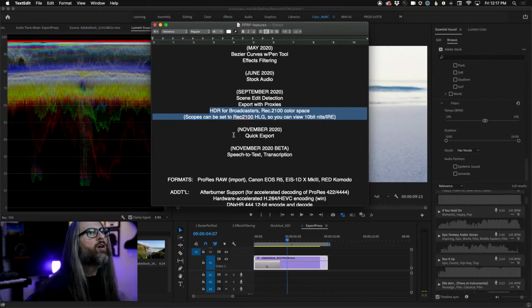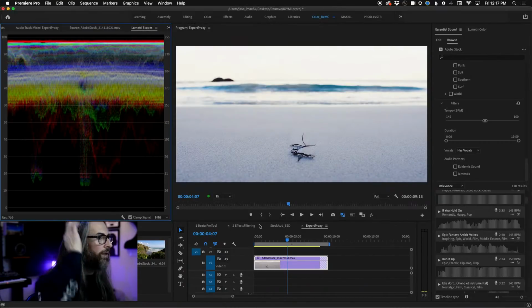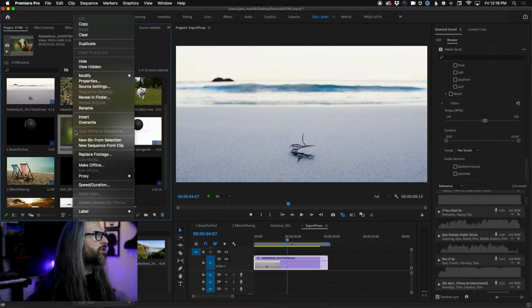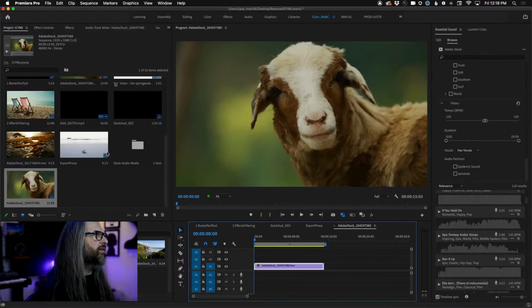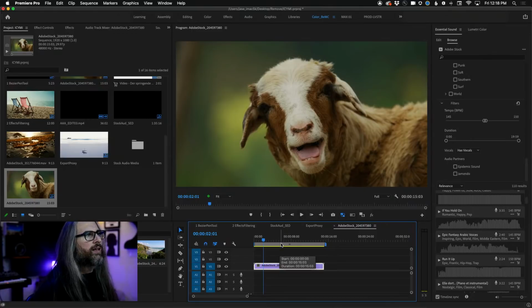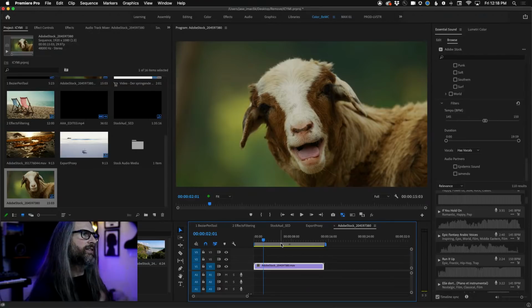All right. We've got about 13 minutes. Okay, cool. So, quick export. So this was one, again, that we added. Let's go put this guy in a new sequence. Again, Adobe Stock footage. I've got some animals myself from an African safari. This is a quite lovely shot, even though this goat kind of freaks me out because it looks so human.